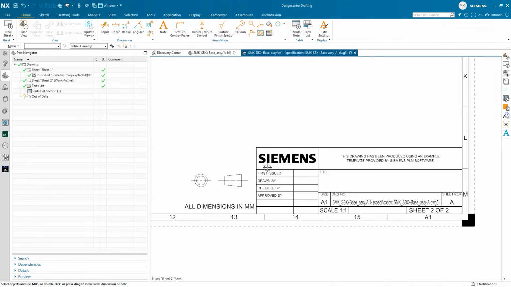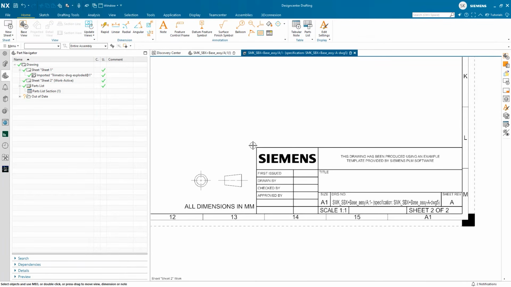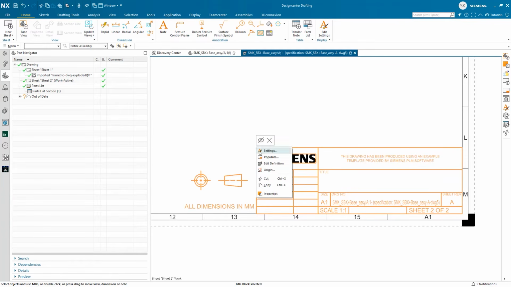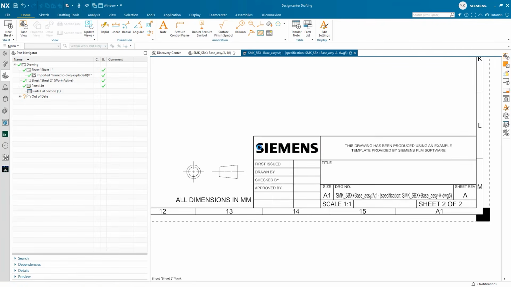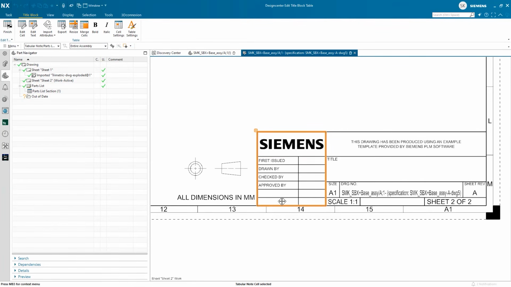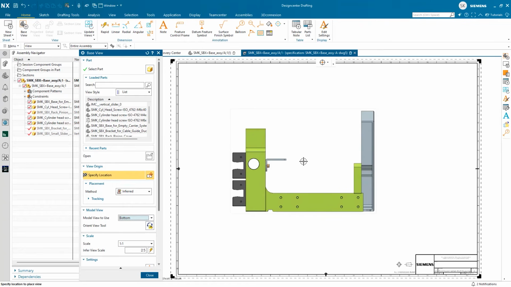What I want to do is make that selectable. So I'm going to my layer. In my layer setting, that is viewable but not selectable. So I want to go ahead and select 256. Now I can select that, do an MB3, and do an edit definition. Once I do an edit definition, I can select edit table. When I select edit table, that'll give me the capability to do something. So I want to drag all the way down to the bottom, doing mouse button 3. I just want to merge the cell, because I don't need to have that information available. And likewise, I can come in and insert a title later on. So that will conclude that portion of it.